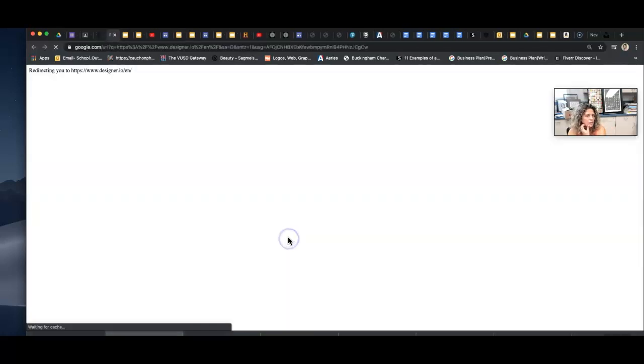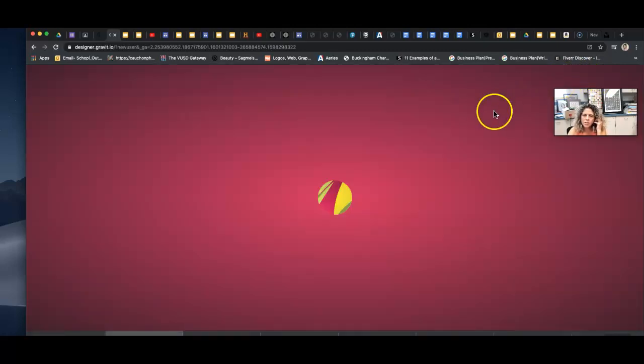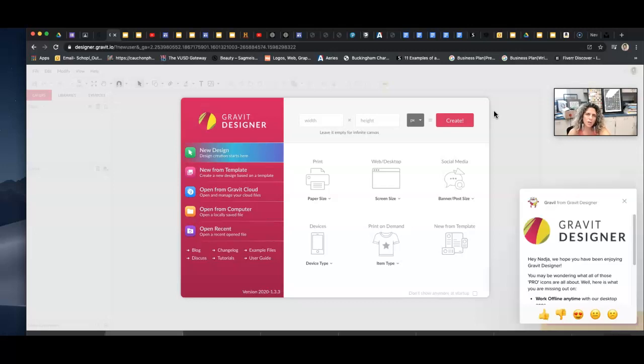So we're going to go to Gravit, and the biggest thing you need to know is that the school has unlocked this for us to use, but I kind of figured out why they might possibly not approve it for everyone to use, is because if you download the actual app, it can be problematic. So I would just go ahead and click Start Now. And what it might lead you through is giving them an email address. Do not use your S- because they can't verify who you are through the S-. Use a non-S- email, and they'll probably just send you a confirmation of account email that you might have to say, yes, this is me too. But when you just click Start Now,